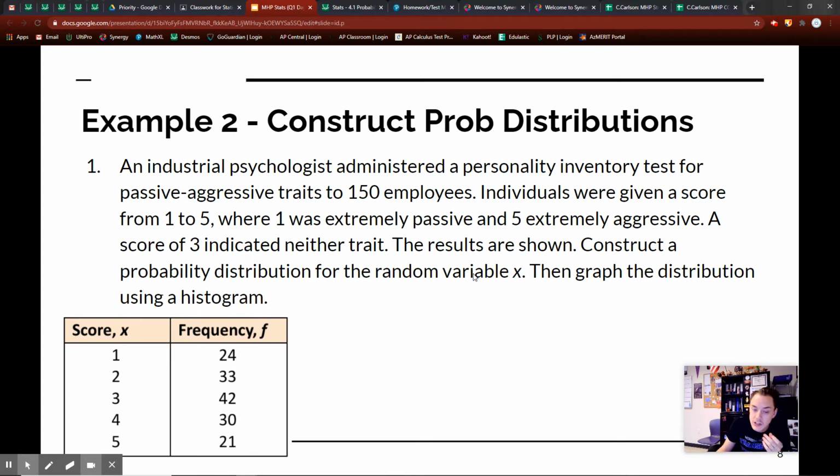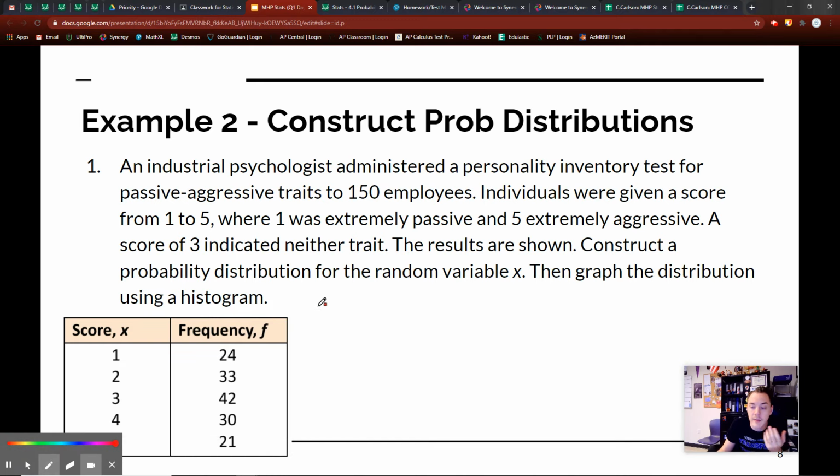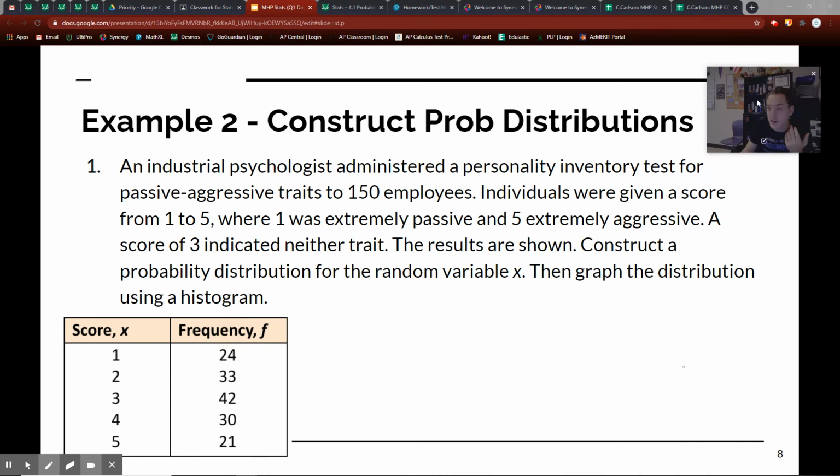Construct a probability distribution for the random variable x, which is 1, 2, 3, 4, 5. Then construct a graph using a histogram. A histogram is just a bar graph. So I'm going to move this up here. We're going to get started. Are you ready? So what do I do here? Well, the first thing is I'm going to look at 1, and then 2, then 3, then 4, then 5. So the probability of 1 equals, following my guidelines,